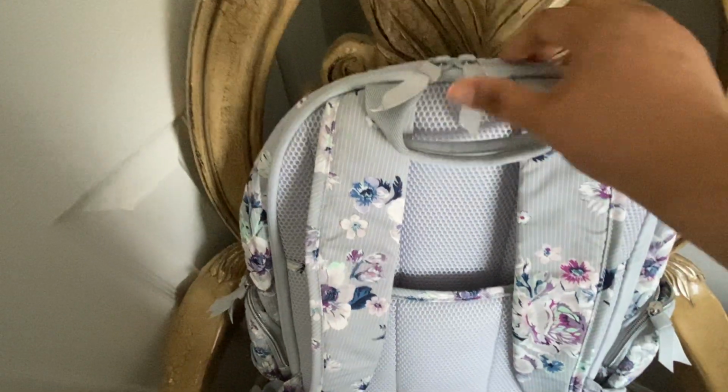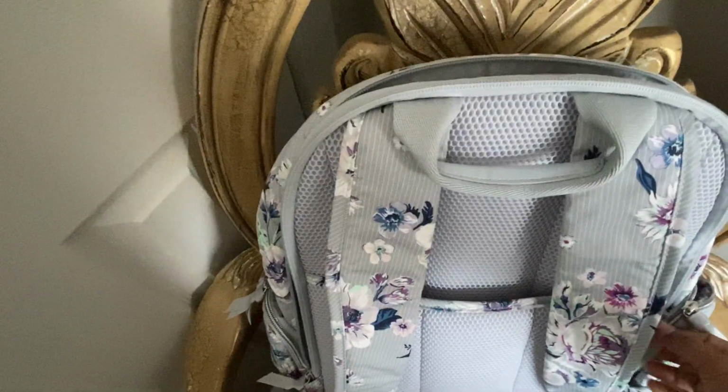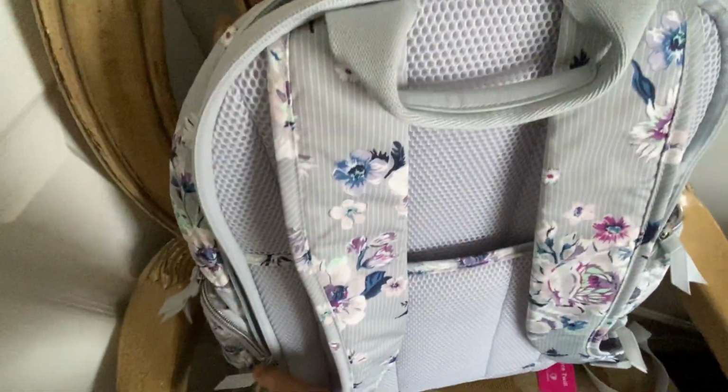This will be super comfortable. Now, here is the pièce de résistance. Is that how you say it? So for those that don't have TSA PreCheck,